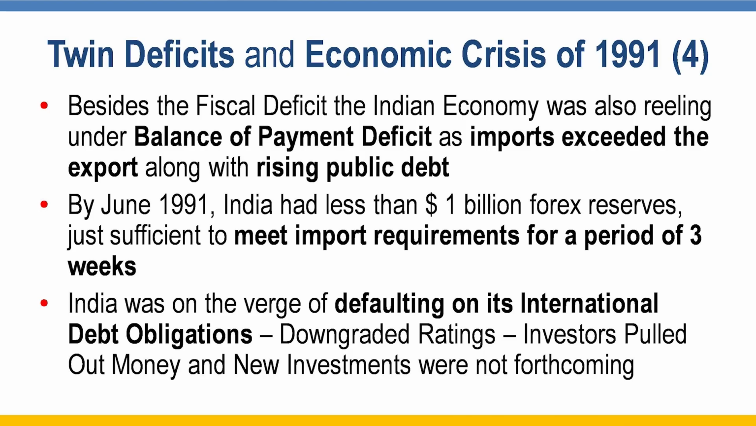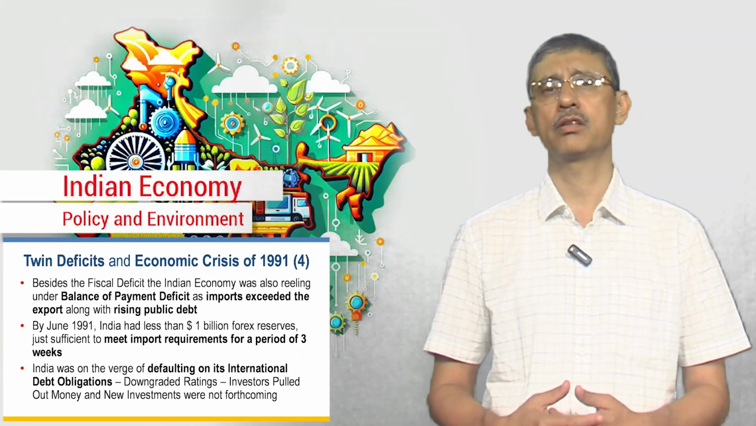International debt obligations means the promise that you have made to external investors to pay back. And when you are not fulfilling the debt obligations, then obviously your ratings will go down. And once the rating goes down, the investors will pull out, thinking this is not safe enough to invest in India, so they will pull out money. And of course, new investment will not be forthcoming. And this precisely happened to India,